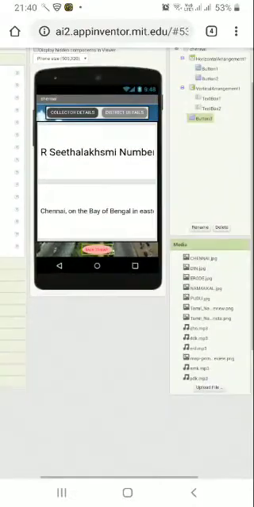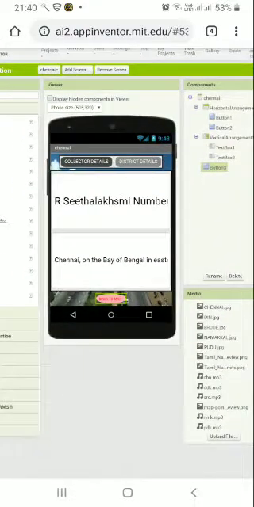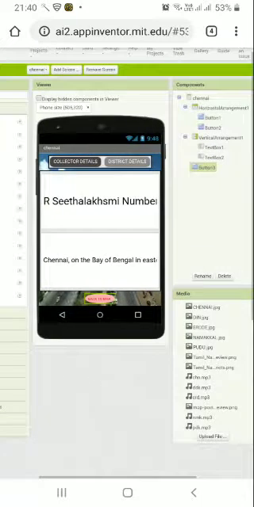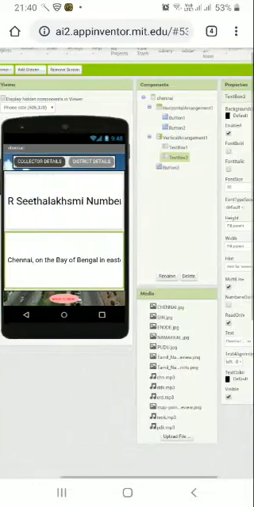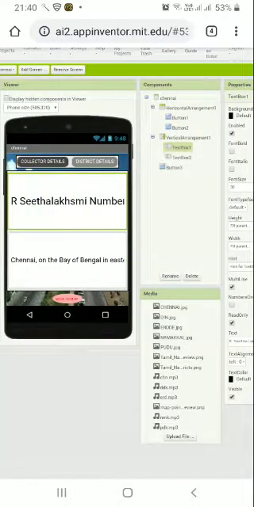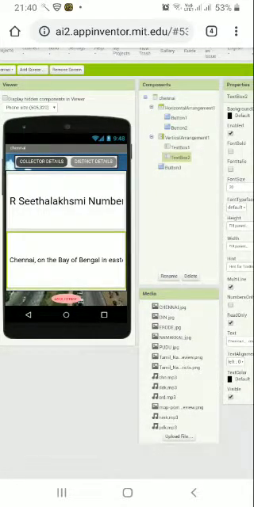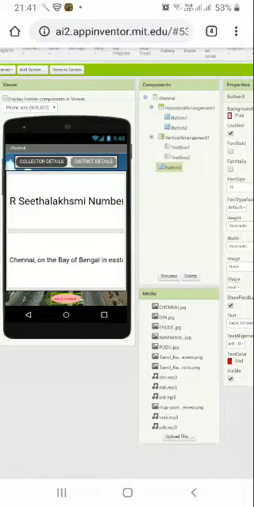For the districts, I have given a horizontal arrangement and then a vertical arrangement. In the horizontal arrangement, I have given 2 buttons, collector details and district details. Below in the vertical arrangement, I have given 2 text boxes which is only readable. The first text box contains the details of the collectors, and the second text box contains the details of the district. Below I have given a button for the user to go back to the map.